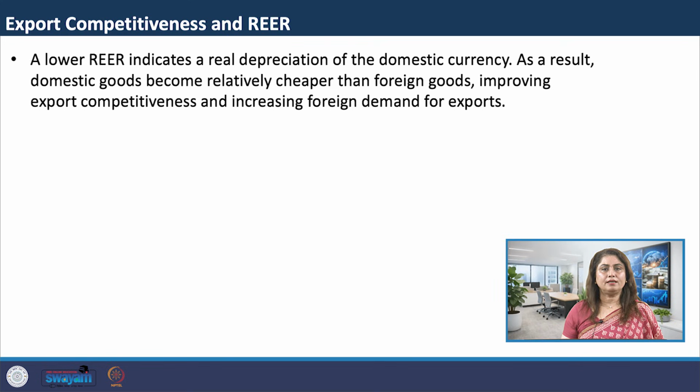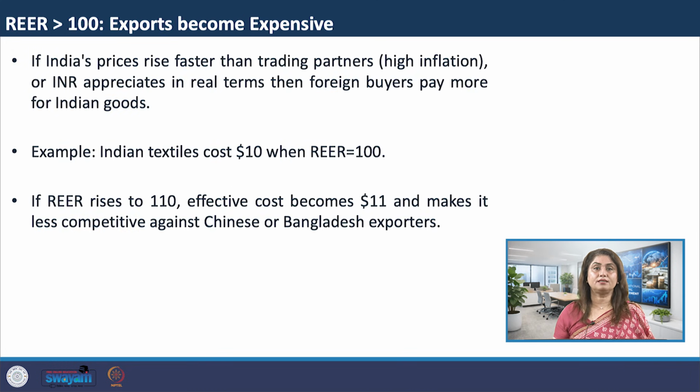Now let us link REER to export competitiveness, one of the most practically important applications. A lower REER makes a country's exports cheaper for foreigners, more competitive, leading to higher export demand. When REER is greater than 100, exports become expensive. If India's prices rise faster than trading partners, either due to high inflation or real INR appreciation, foreign buyers pay